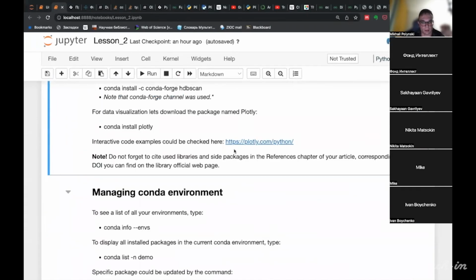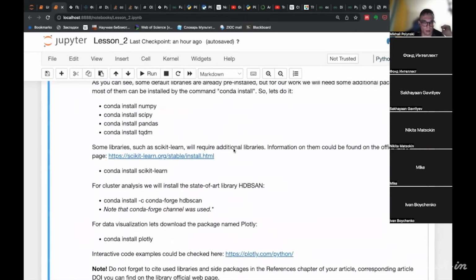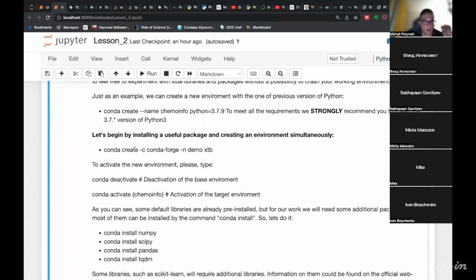And here, for example, I provide you a command that does two things simultaneously. You can create a new environment called demo in which you can install a package called XTB from the CondaForge channel.